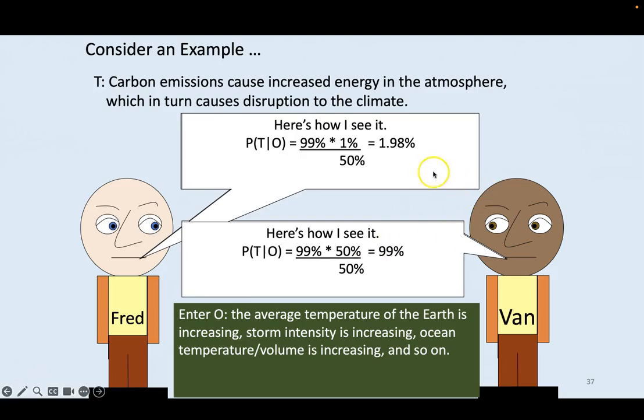Now, this isn't to say that there aren't ways to try and set the prior. One way people think of setting the prior is that the scientist uses their intuitive judgment, where that judgment is based on how often similar theories have been true in the past. Fred might say theories of this kind have been true in the past only 1% of the time, and Van says 50% of the time. That's maybe one way you can do it. So the point isn't that there isn't a way to fill this out. The point is just that it's trickier than the simple, clean case like the steroid